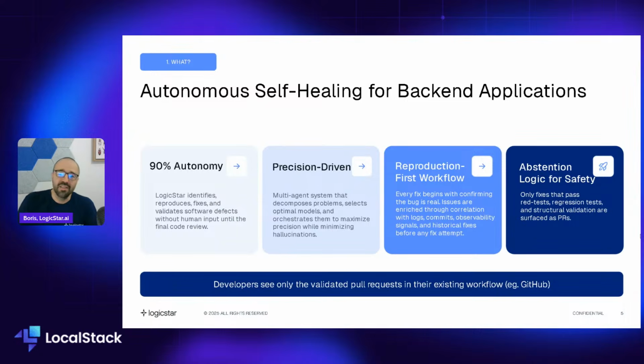And then the last piece is the intelligent abstention, or kind of saying, no, I cannot help you with this unless all of the gates and quality checks have actually passed. So in a way, don't create pull requests if it's obvious for us that one of the tests is not passing, we're not able to reproduce it, etc. And the goal at the end of the day is, again, as developers, that we only see validated pull requests, right, directly into existing workflows.